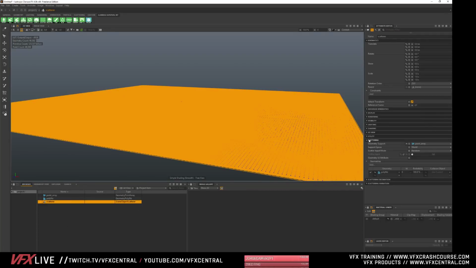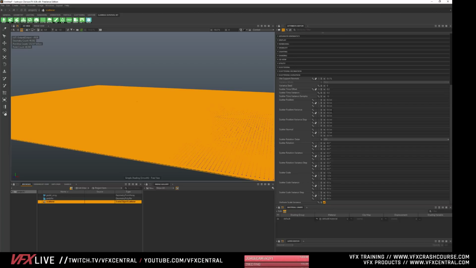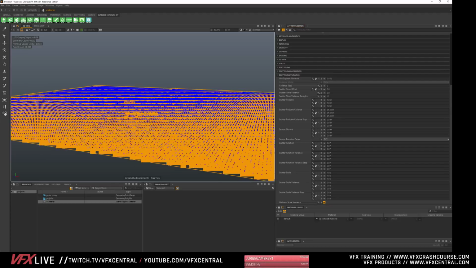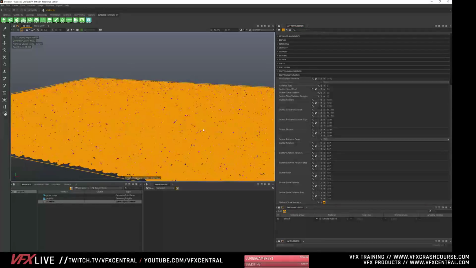And the cool thing in the scatter as well is we can start messing with some of the parameters in here. So let's add some variance in the position. So I can just control drag, and this is going to give us some variance overall in here. Oh wait, position variance, wrong one. Still getting used to some of this stuff. It's right here, position variance. There we go. So now you can start seeing we're breaking this thing up. We're moving it around. We're starting to get some variance in the X, Y, Z, and you can crank that up, and that's going to give you a little bit more variance in there.